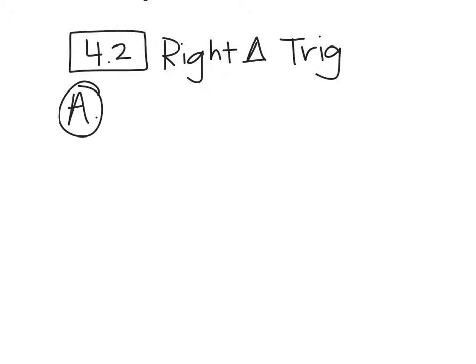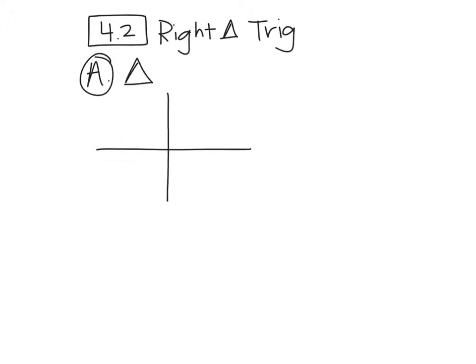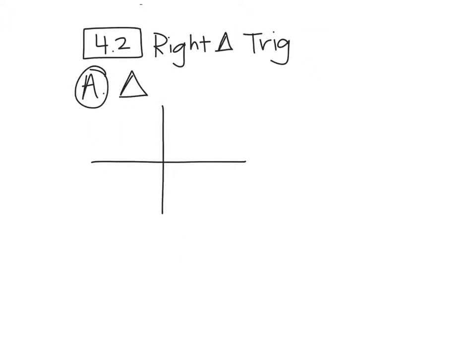Right triangle trig. Let's do some triangles. First of all, let's talk about where our triangles are located. Most of the things that we're going to do, even when we're doing a triangle or a circle, we're going to be in the Cartesian plane. We're going to be in a quadrant. We talked about this a little bit. This is quadrant 1, quadrant 2, 3, and 4, and they go around in a counterclockwise direction,